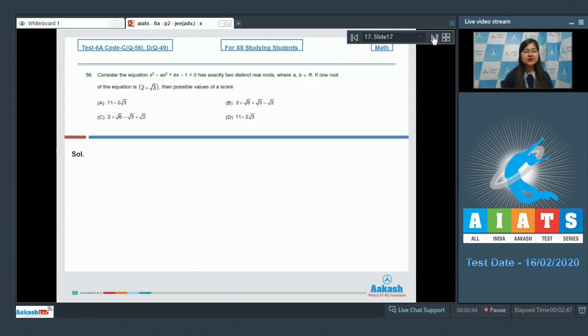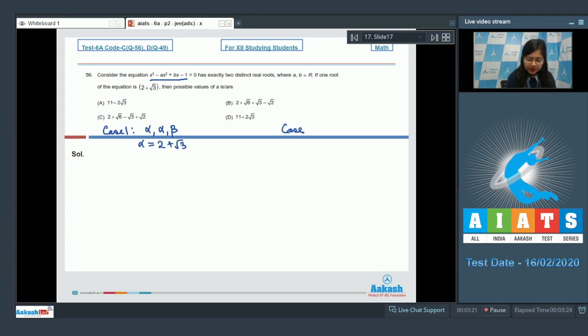Next is question number 56, which says: consider the equation x cube minus ax square plus bx minus 1 equal to 0 has exactly two distinct real roots, where a, b belongs to R. If one root of the equation is 2 plus root 3, then possible value of a is. See, this equation has exactly two distinct real roots, which means that it has one repeated root. So there are two cases. In case 1, let's assume we have alpha, alpha, beta as the roots, where alpha is 2 plus root 3,